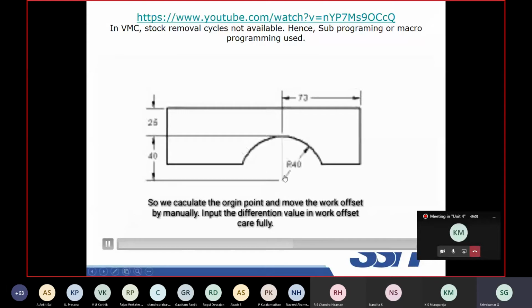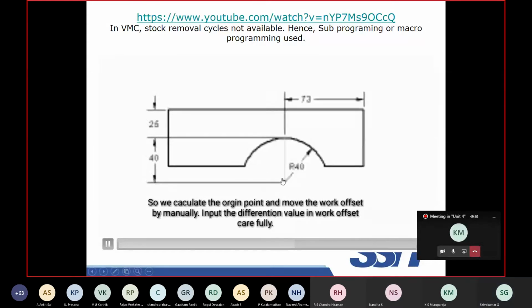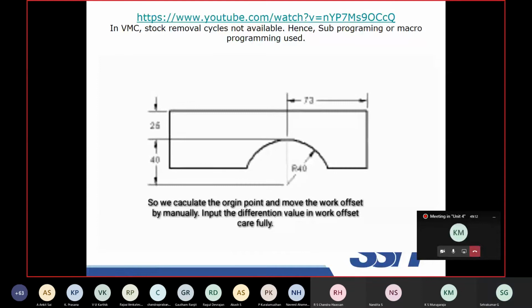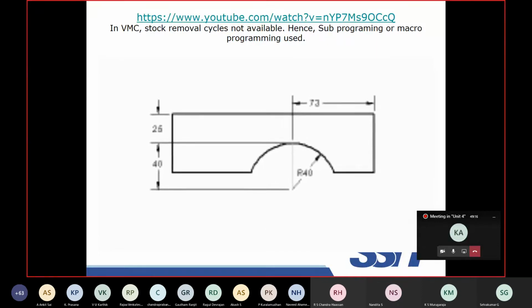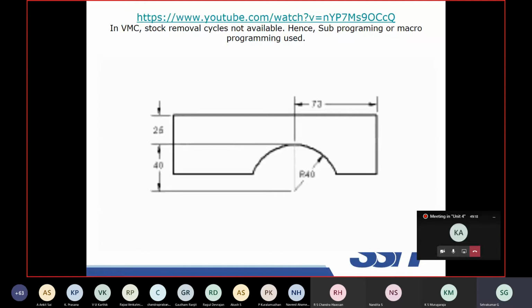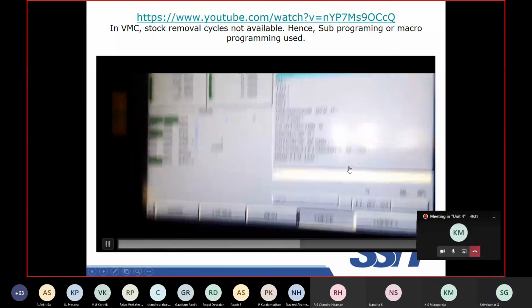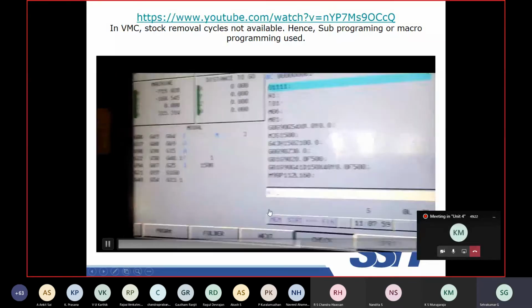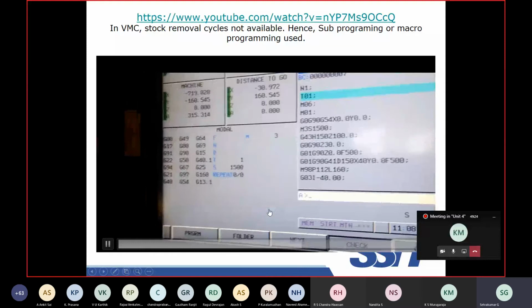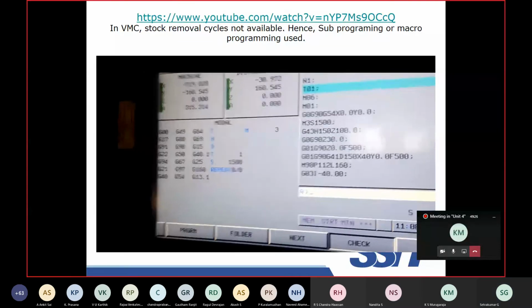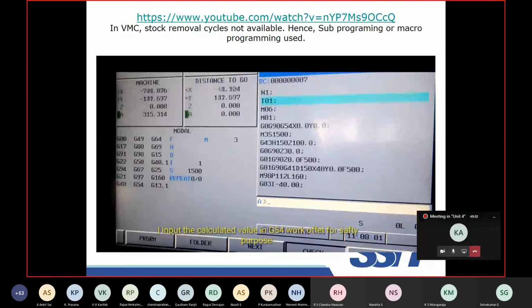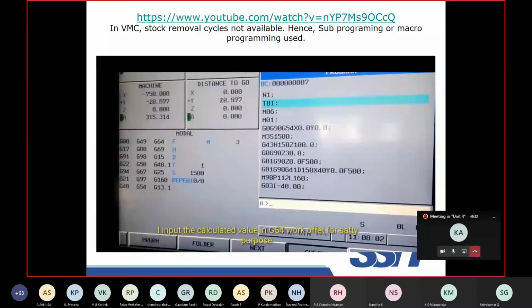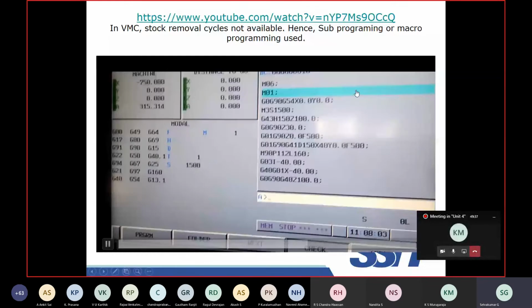Center point of the circle. You have to write a program for this. So this one we know that. So here, anti-clockwise circular interpolation will be done. This line is indicated in blue color.